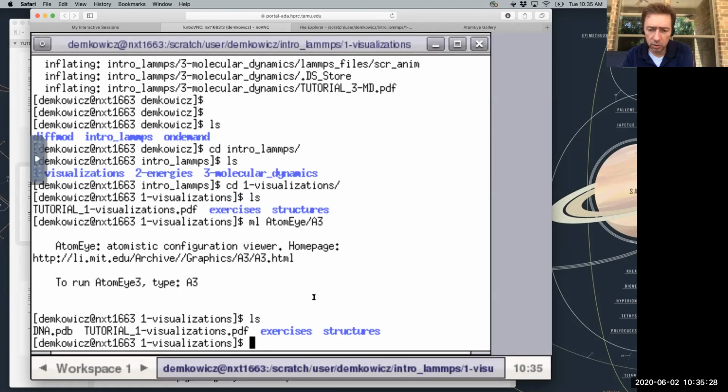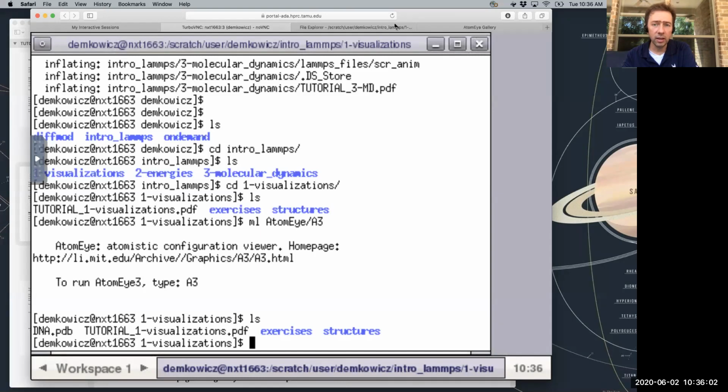You should upload it. You can upload it anywhere, but I would upload it to the same place where you got this tutorial, the 1-visualizations folder. Again, you can upload it anywhere you want, but I suggest uploading it there because if you just start putting it anywhere, you're going to forget what it is, where it is. You're going to put it into a folder that corresponds to one of the other tutorials. Just in the interest of keeping things organized, my recommendation is just put it into your 1-visualizations folder.